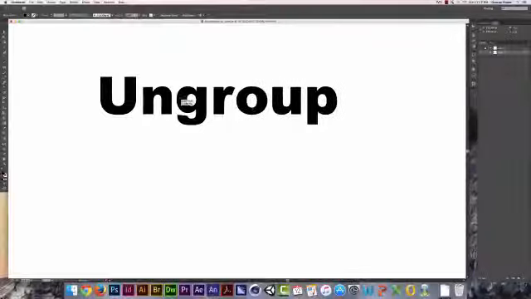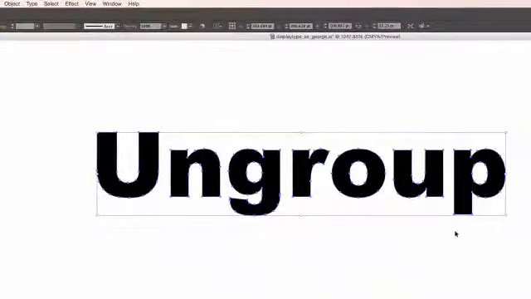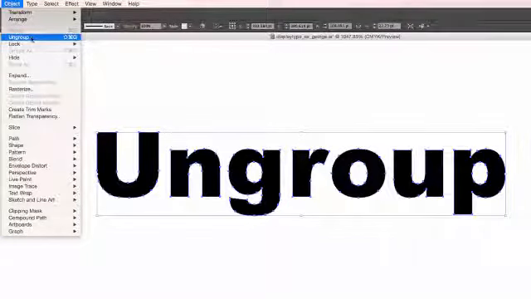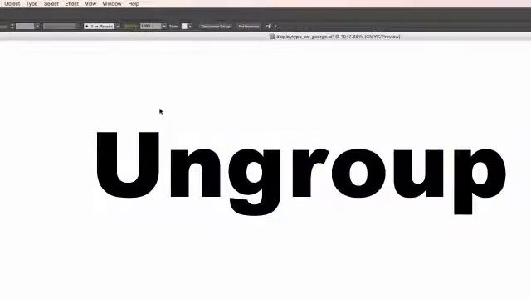An easier way to do this is you have your type converted into outlines. I'm going to use my selection tool, the black arrow, select it, go to Object, Ungroup. Okay, now visually nothing happened, but when I deselect, now when I select a letter form, it's its own unit. Okay, I use the black selection tool, the black arrow. I can select individual letter forms now. Before, this entire thing was selected as a unit, so now I can select, let's say the letter O,